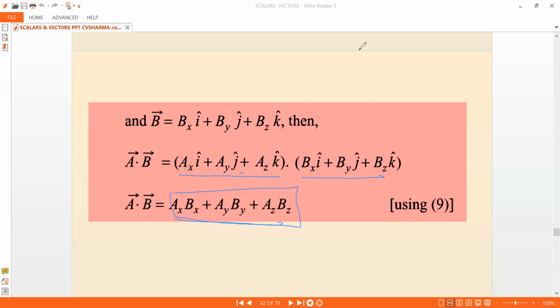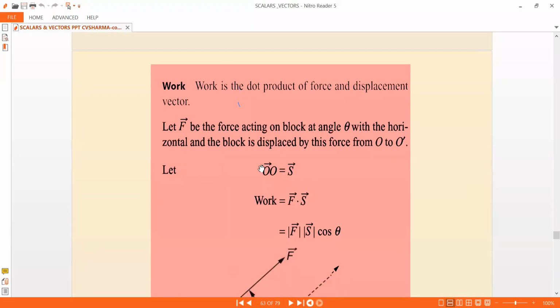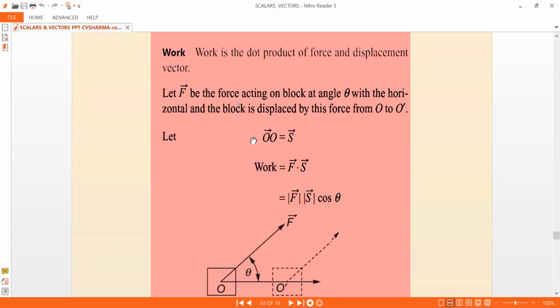So we solve problems. While solving the problems, you will understand this. If you are new to this, you may not be able to understand it initially, and later you will understand. This is very easy, not an issue at all. The reason you get only 3 terms is that you end up with dot products of mutually perpendicular components, which take the dot product to 0. Hence you don't get the 9 terms. You end up only with the 3 terms, where i with i, j with j, and k with k.